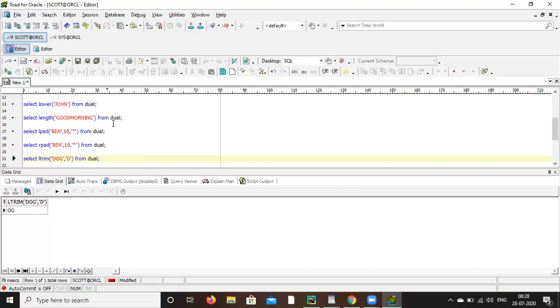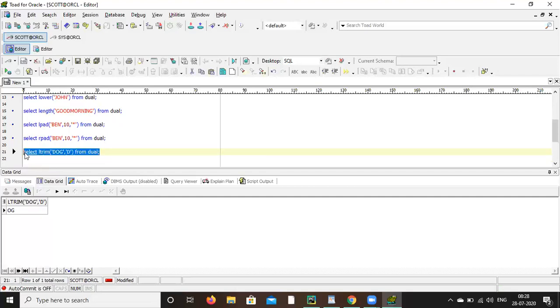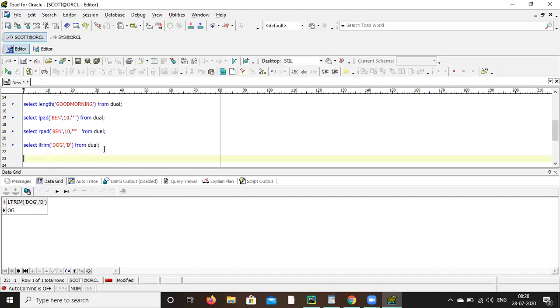So trim means it will trim. On the left side, whatever you want to trim, you can write it. Basically we use LTRIM and RTRIM for space removal, because sometimes space will be there. So RTRIM means right side, you can write G, because on the right side D is not there.